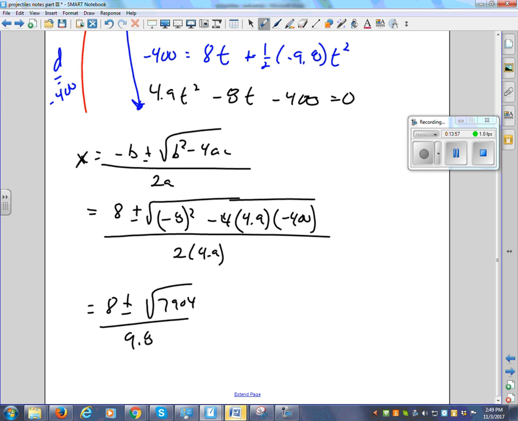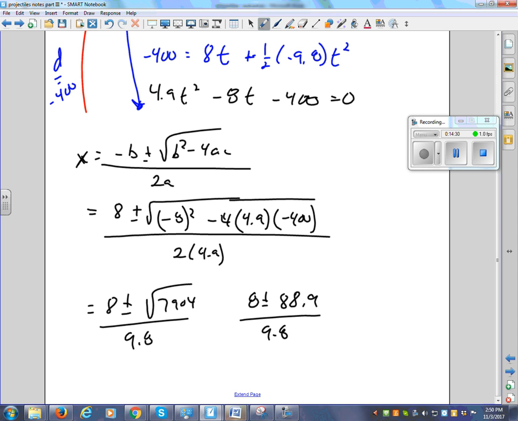Okay, so you're going to have to do the add and subtract. Let's just hold on here. Let's go 8 plus or minus, square root that first. 88.9. Yes, that number rings familiar. I've done this question so many times. Now that I see the number, I'm going, oh yeah, I'm on the right track. So it's going to be 8 plus 88.9, divide by 9.8, and you get,